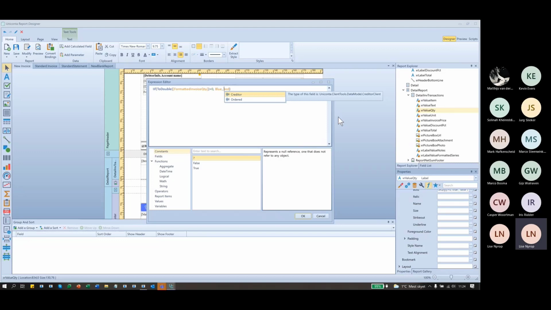New invoice. Like this. Good. I'll go to my layout groups, my default one here, and I'll set my new invoice on my invoice here. And go to my sales order,